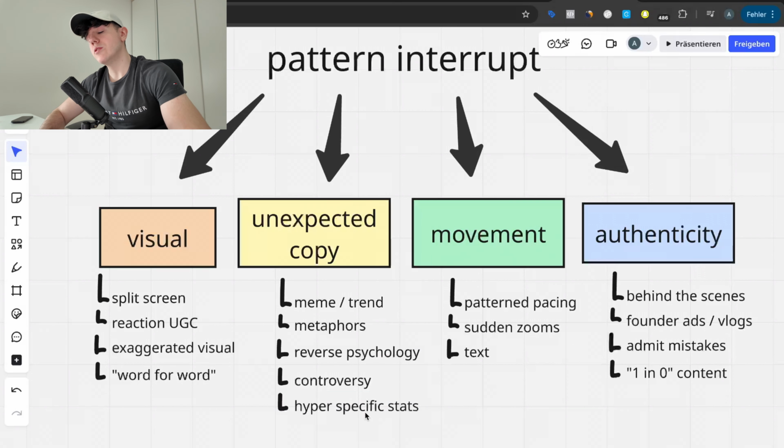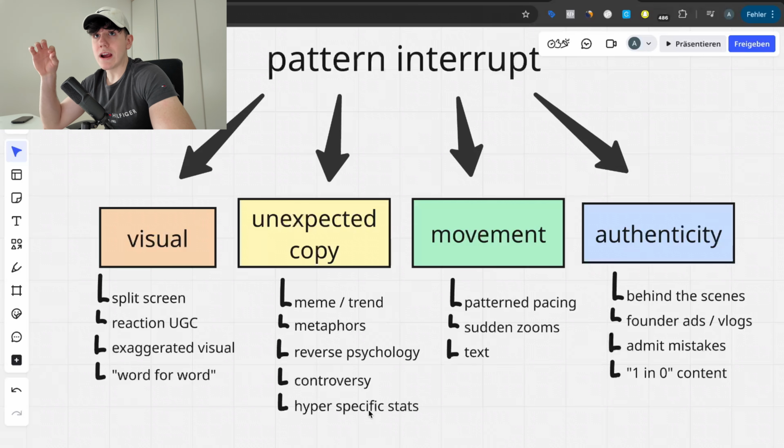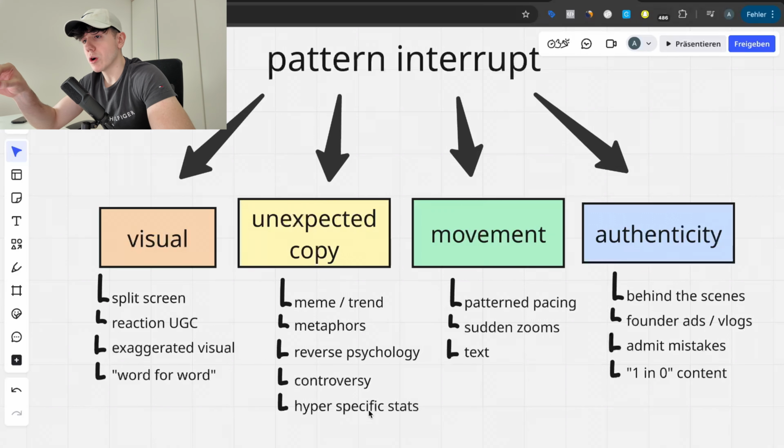And then last but not least, for unexpected copy, I have hyper specific stats. So this is something which I usually talk about when I'm talking about the hook test, right? Which is actually testing hooks on these blank image ads. Whenever I talk about that, I usually recommend to write very specific numbers on those hooks. And to be fair, you probably clicked on YouTube videos for dropshipping that instead of saying I reached my first 1K day, they said I reached my first